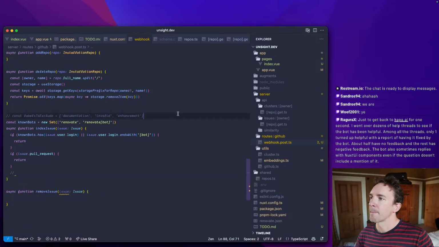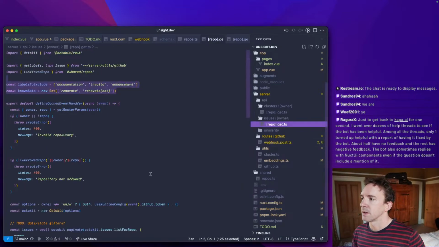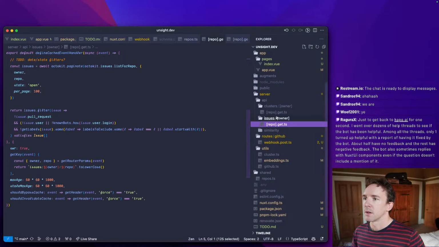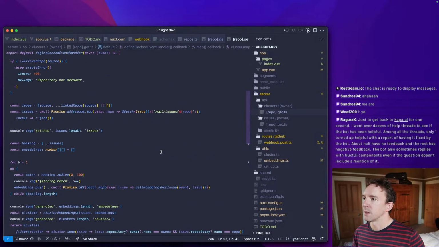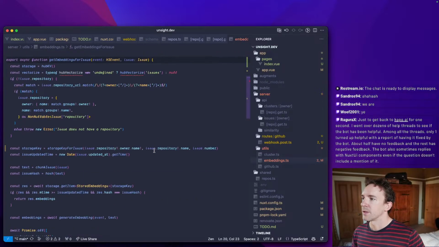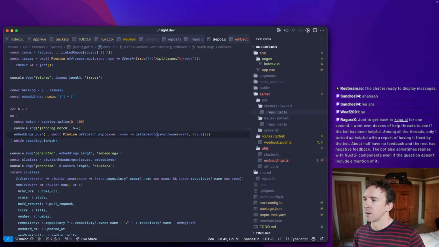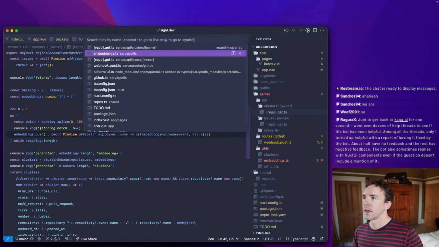Now indexing the issue is pretty straightforward. We just want to get embeddings for the issue. And this should be a matter of, yeah, that. So we're going to say